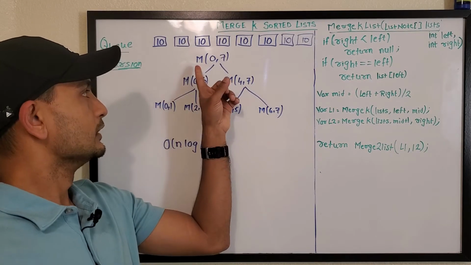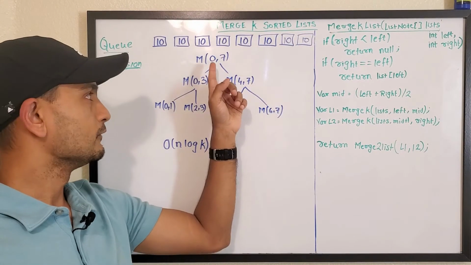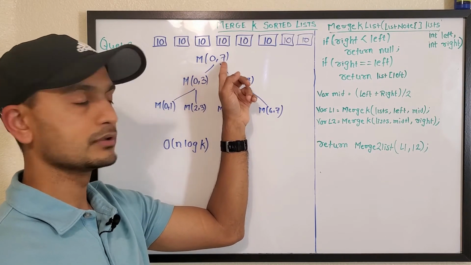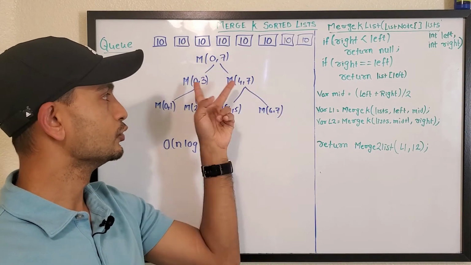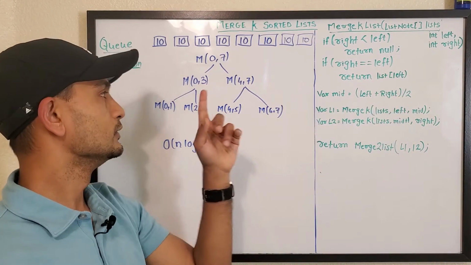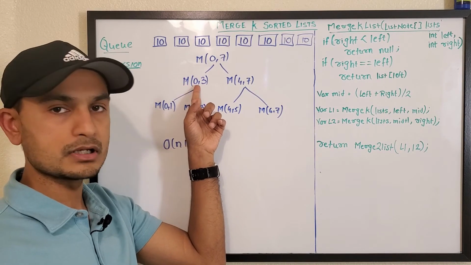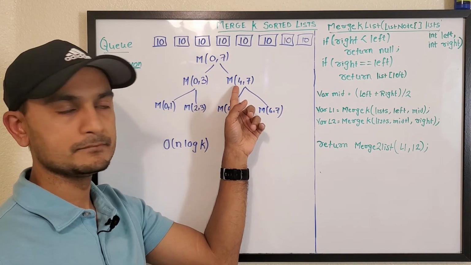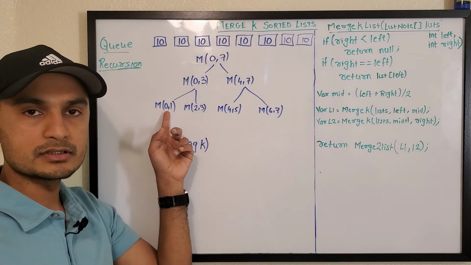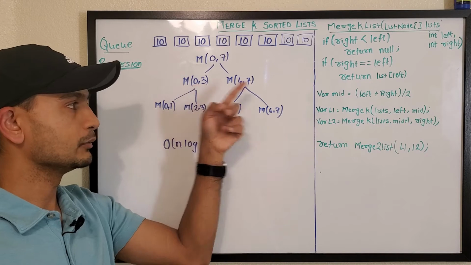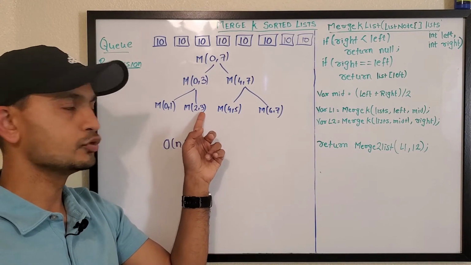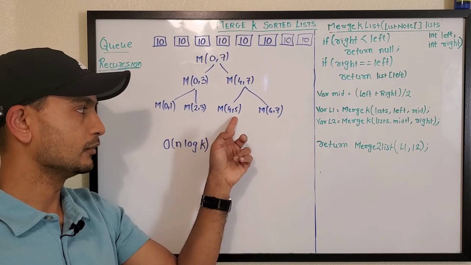So initially we'll call merge k list for 0 to 7, assuming that we are taking the same data set. So we call merge 0 to 7, and now this breaks down into 2 calls, right? So we take a midpoint, 0 plus 7 divided by 2, which is 3. So we say merge k list from 0 to 3, merge k list from 4 to 7. Now these will again break down into 2. Merge list 0 to 1, 3 plus 0 divided by 2, which is 1. So merge of 0, 1 and merge of 2, 3, and likewise merge of 4, 5 and merge of 6, 7.